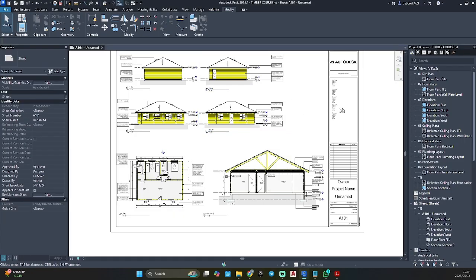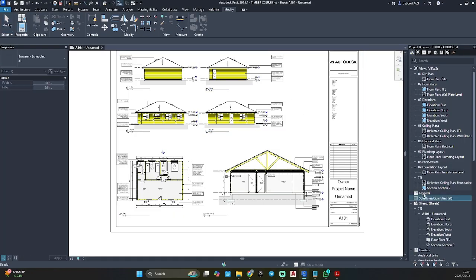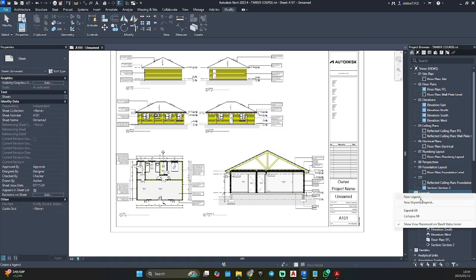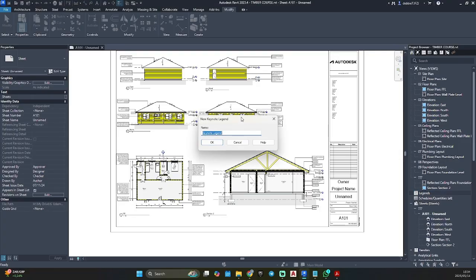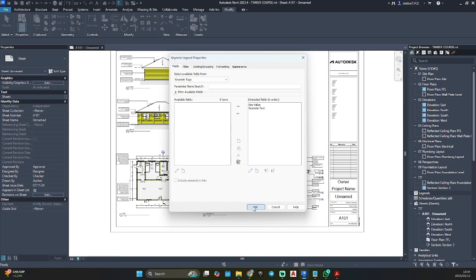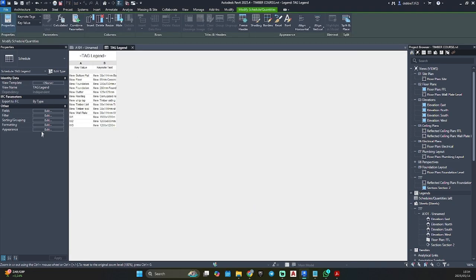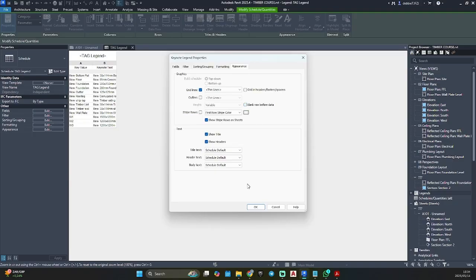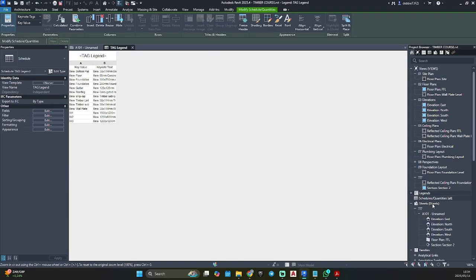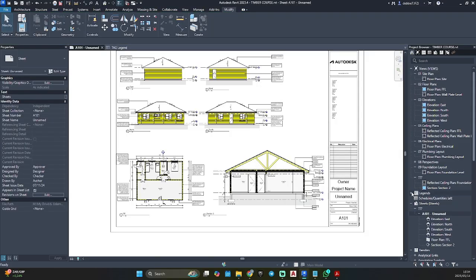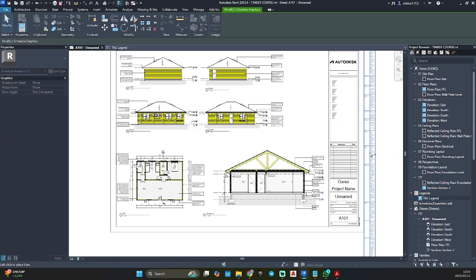Let's get this schedule. Legend, new Keynote legend. Just going to make it tag legend. Press OK. Going to remove the blank row from the top there. Let's open up our legends.